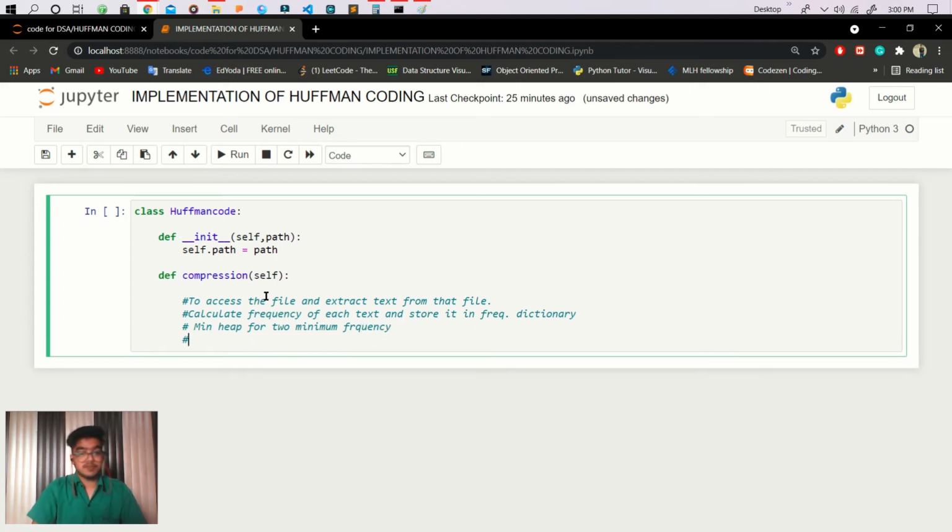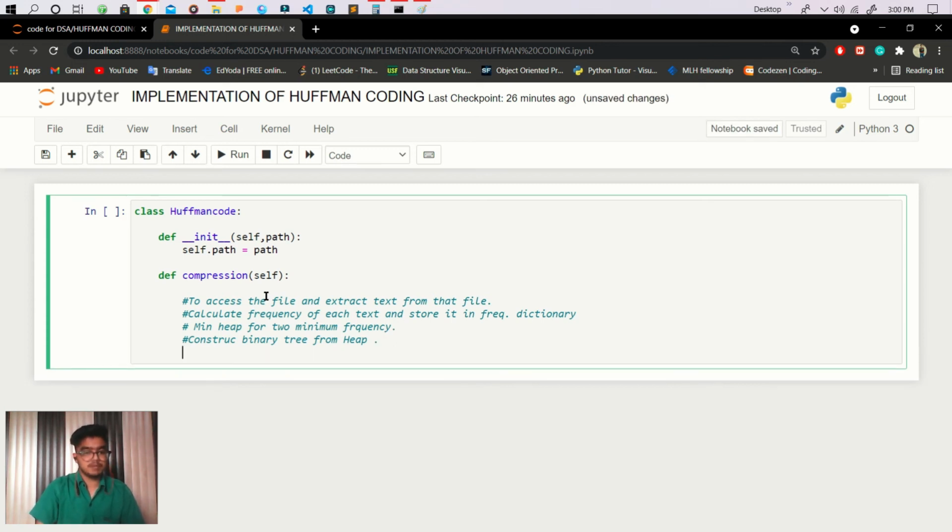After that, we use that min heap to create our binary tree. So we construct the binary tree with the help of the heap.